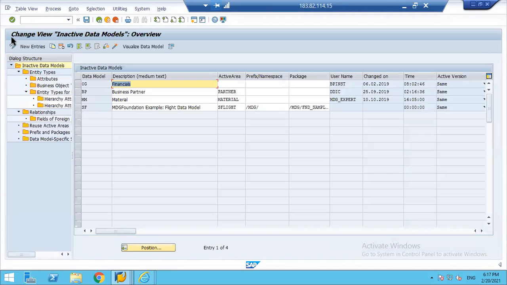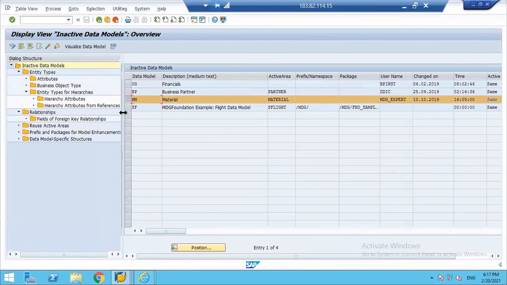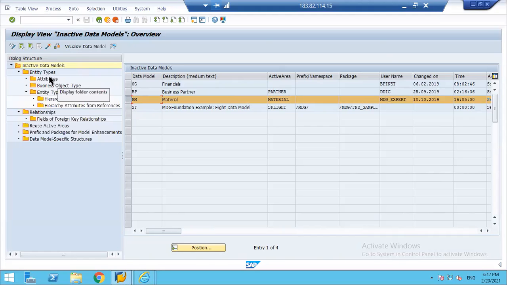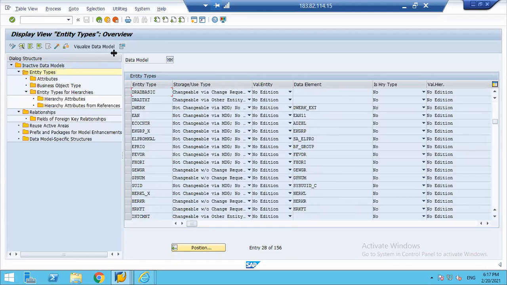So this is the data model for material. All materials data will be available here, meaning the structures for any material sections will be available here. If you go to the entity types, you can see all these things. And when you visualize the data model,